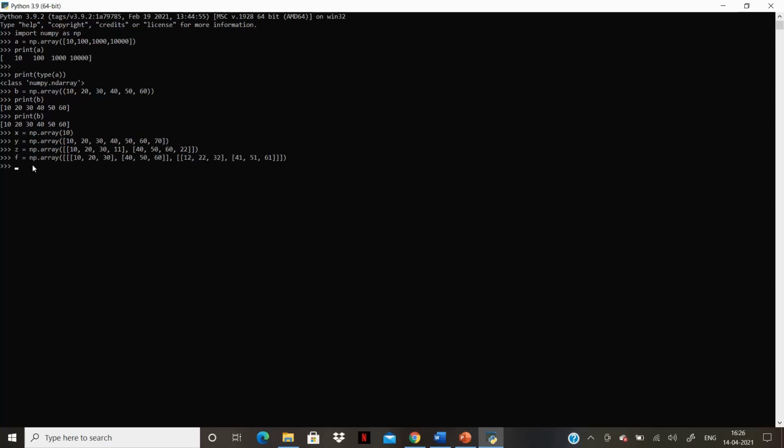We have created objects x, y, z, and f using the array function. Check the number of dimensions x has: 0. Y has one dimension. As you can see here, it mostly has zero-dimensional arrays as its constituents. Z has two dimensions. Here is the Z object values. The object F here has three dimensions as it has two-dimensional array as each of its constituents.